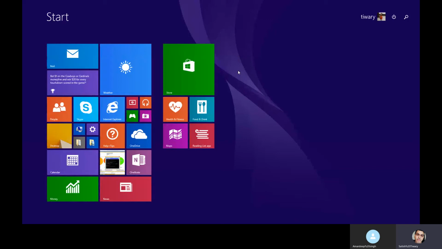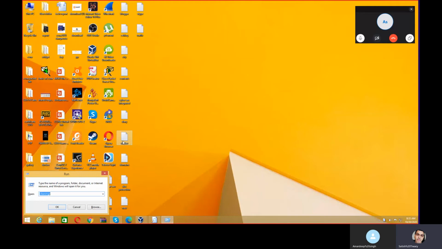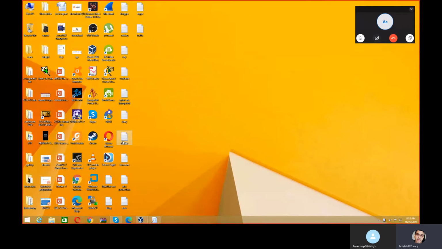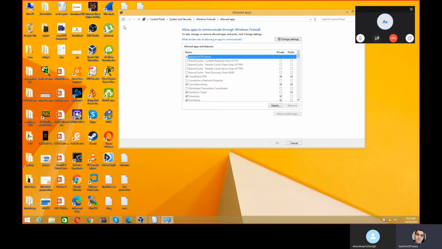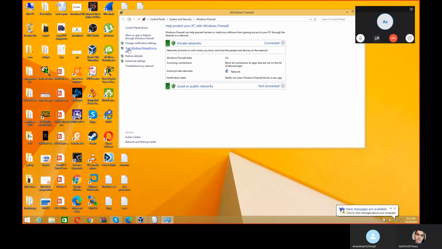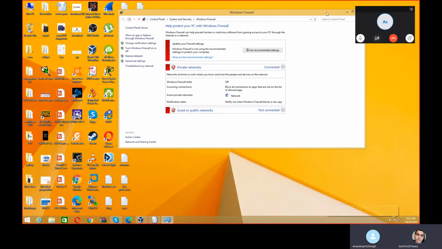Now, if you have a firewall, I will disable the firewall. You can use this one, or you can use Windows plus R key, and you can type here firewall.cpl and then go to turn Windows features all off and turn off Windows firewall. Then click on OK.